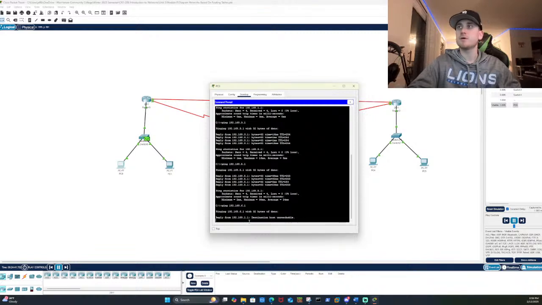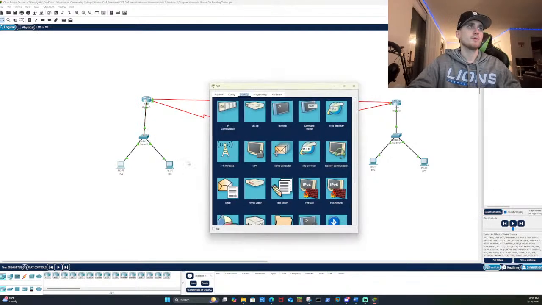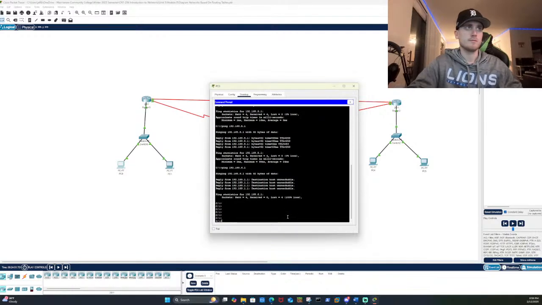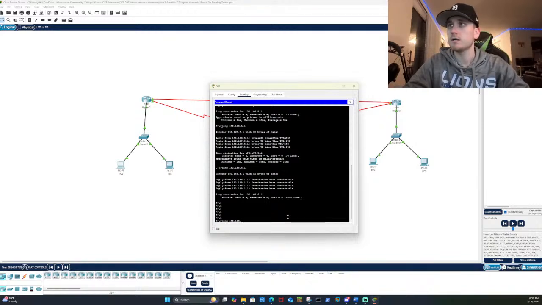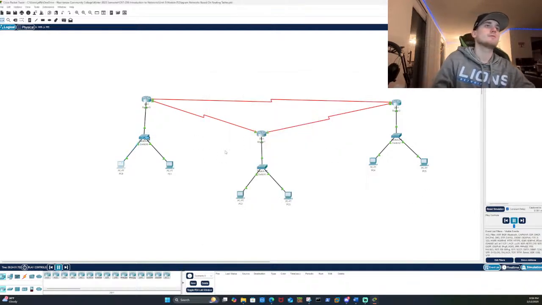Did I do it wrong? That's weird. That's super weird. Let's do ping 192.168. Let's just do this one again. 5. Okay. Alright, so we want to see it go to PC number 4, which is all the way